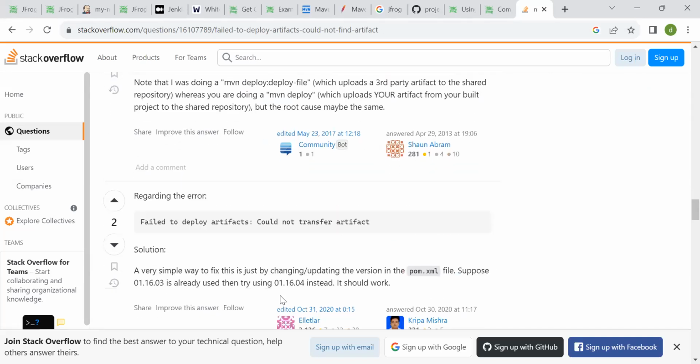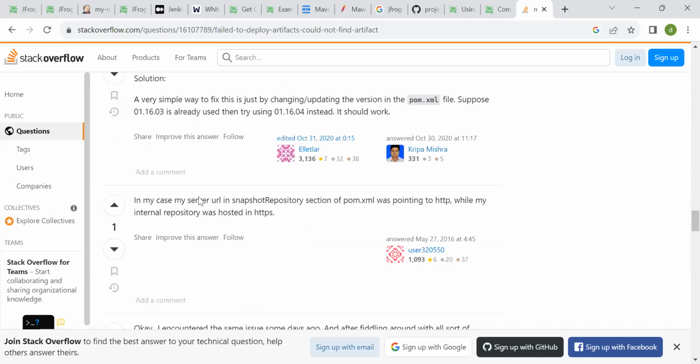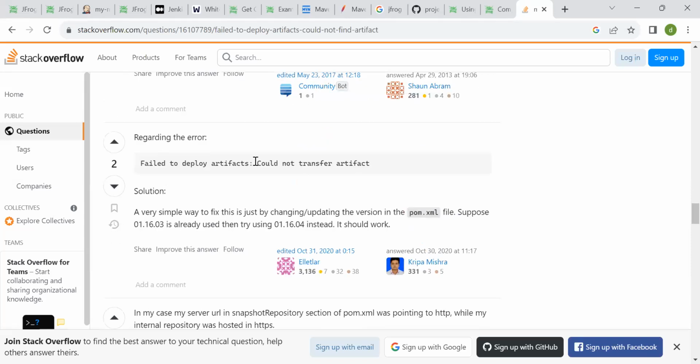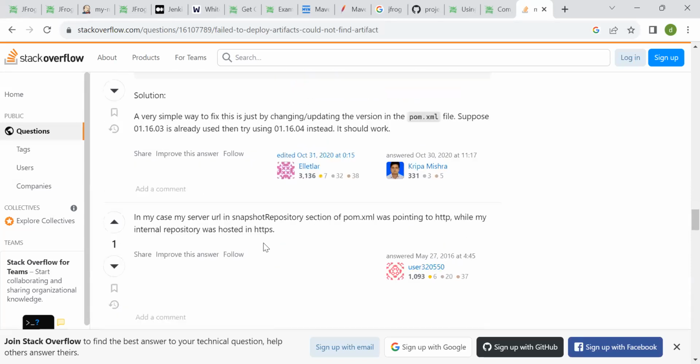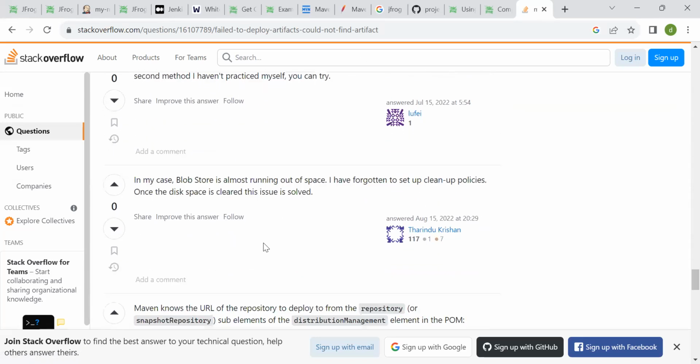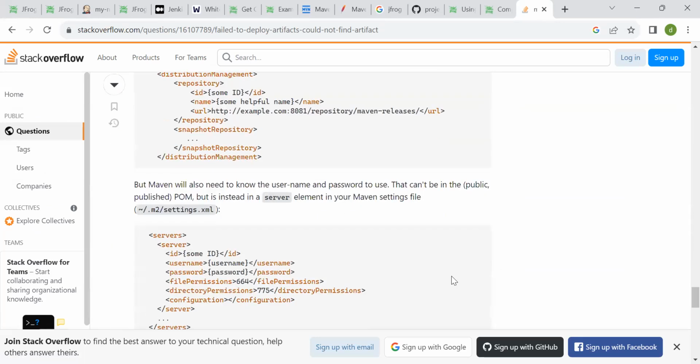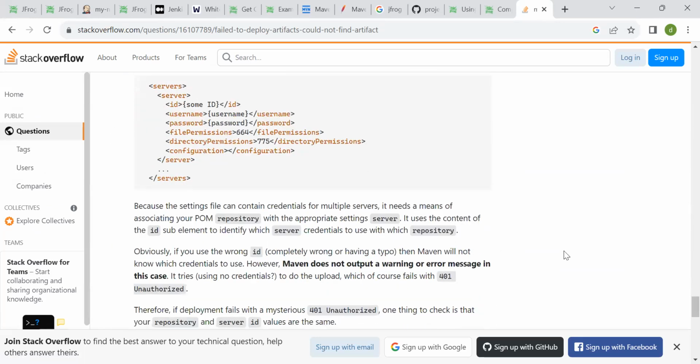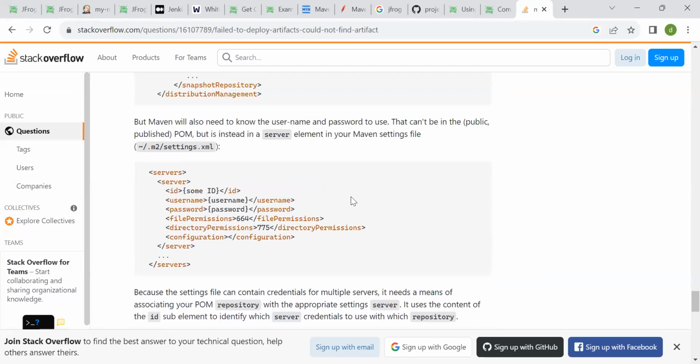Okay, fail to deploy pom.xml. Of course, these guys are clearly saying we should be fixing it in the pom.xml, but I want to bypass that part because we are uploading as a normal file, not through Maven. Even though it is a Maven repository, we would be doing it. Okay, but let's see. Apache Maven conf settings.xml here. Yeah, this is where we have